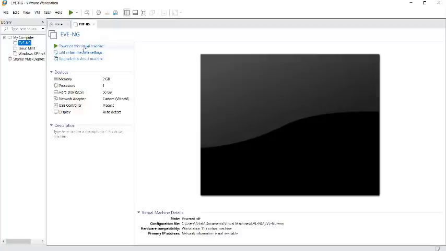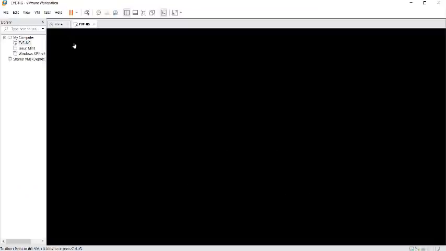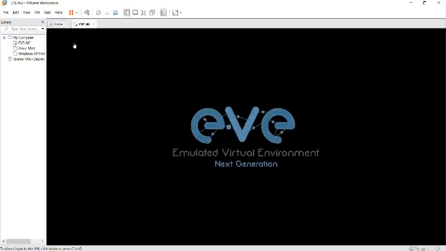So just click on this button, power on this virtual machine, and after clicking it will take some time to start completely. After it starts, you can access it in your browser. So let's wait for a moment to complete the process.